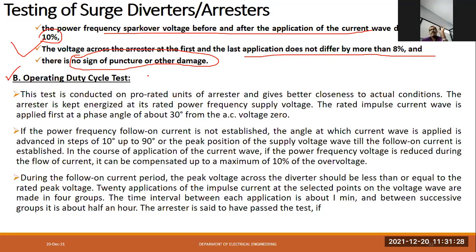Whenever we say the follow-on current period is there, at that time whatever peak voltage is appearing across the diverter should be less than or equal to its rated peak voltage. So if we carry out 20 applications, and in those 20 applications we consider a halt of 1 minute, and between successive groups half an hour, then we can